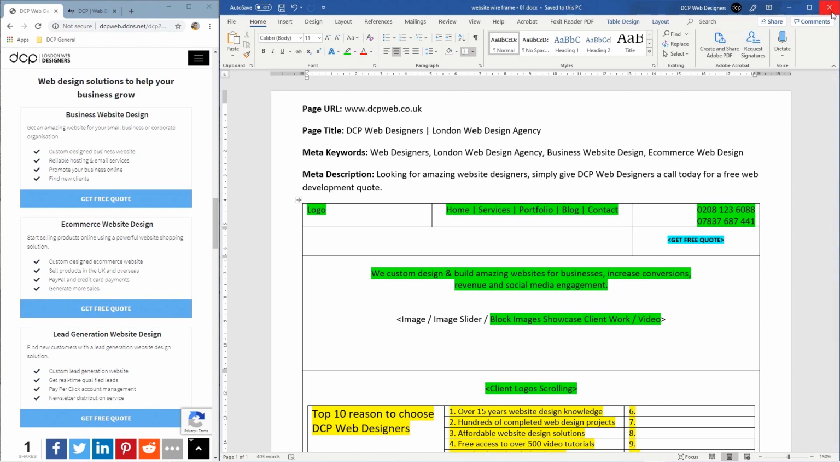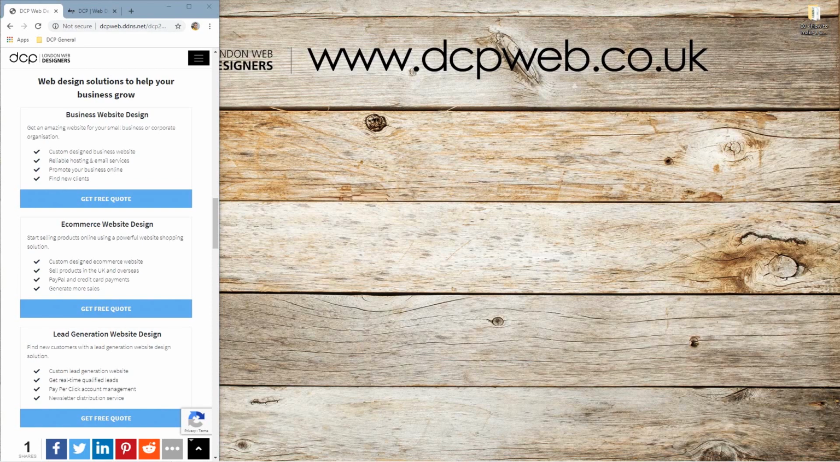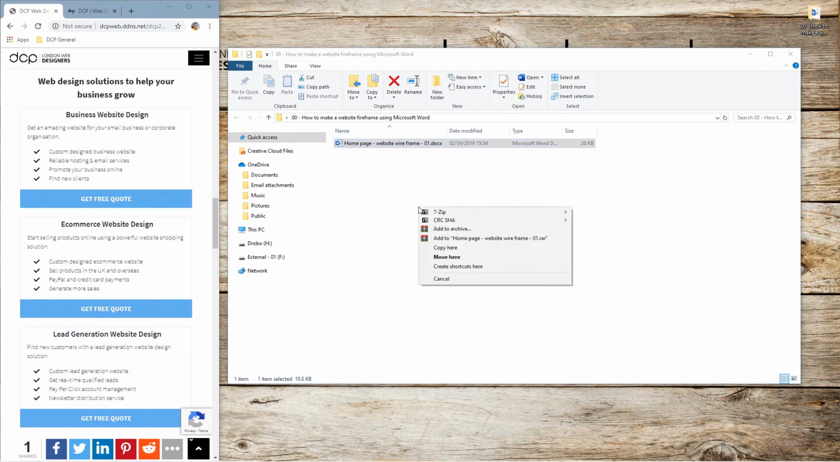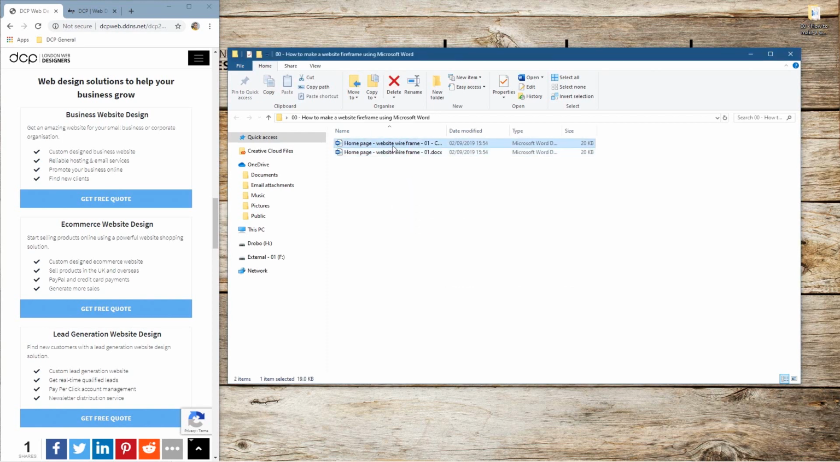The nice thing about this is also, if I close it and open up this folder, if I said to you, okay, this is the wireframe, really we should label this a bit better. This will be the website wireframe. Normally I would write homepage here, right? Homepage, website wireframe. Then I can just right click on it, drag it down, copy here, get rid of the word copy here, and change it to